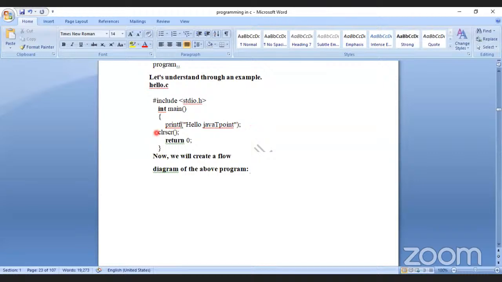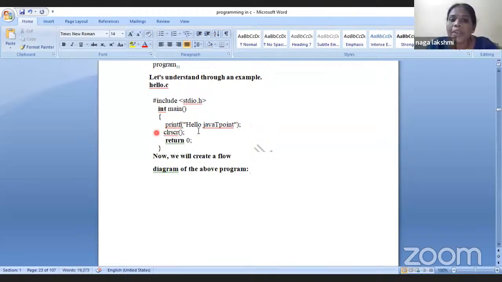Clear screen. Suppose you execute this program 10 times, you will get "Hello Javatpoint", "Hello Javatpoint", like this. You feel like, whenever I execute, I want to see only the fresh output. Which means we immediately have to clear the screen. So if I give clrscr, then with the standard input output header file,